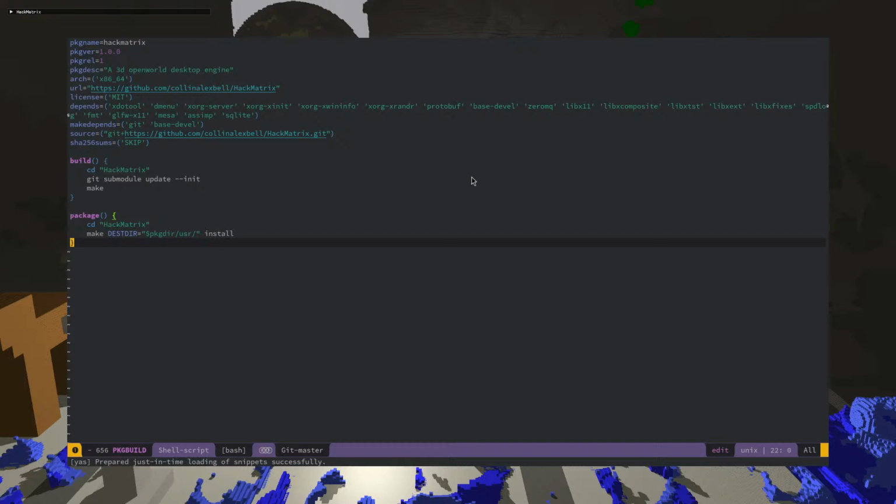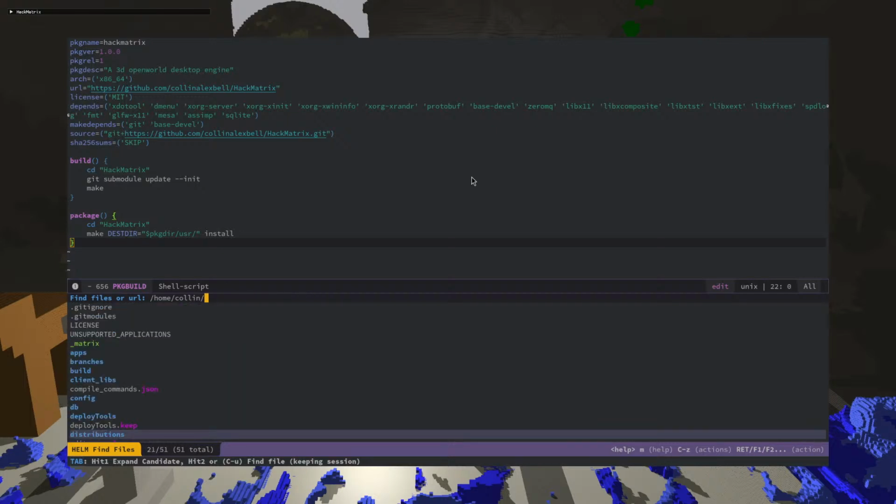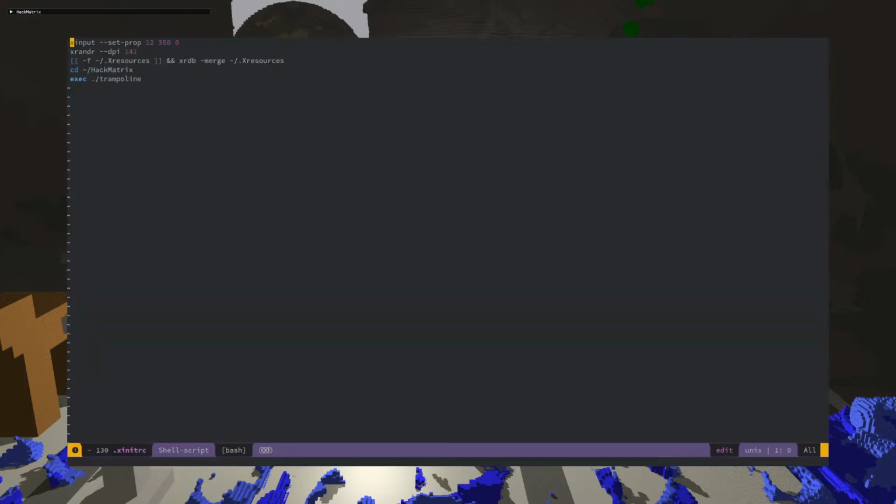It doesn't copy the HackMatrix data where it needs to. So technically this will not work until I get an asset manager. But once I get an asset manager, I wasn't super happy with the xinit config where you have to cd into HackMatrix and then it has to load things relative to HackMatrix. It would be nice if I can just lay down the binary and then it installs the binary and you can just run it. And then it uses a client to go fetch everything. HackMatrix itself creates its own directory.